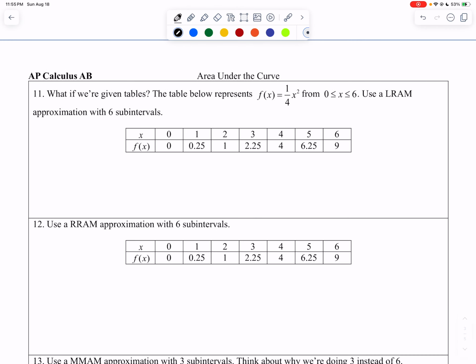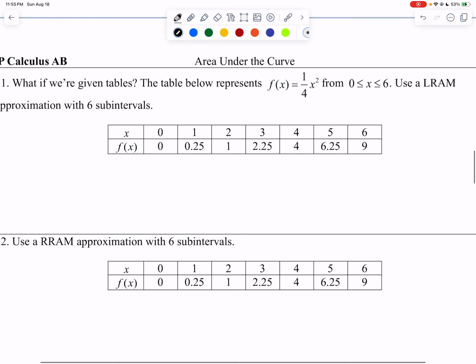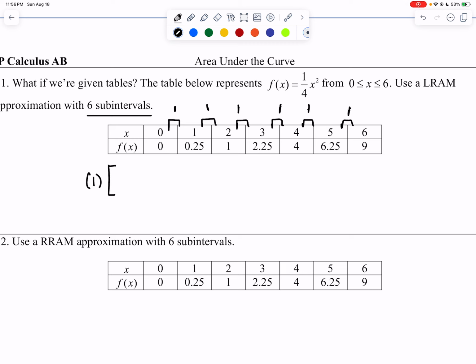Now, for number 11, we want to use a left Riemann sum. And using a left Riemann sum, we are going to look at my x value from the left. So I'm starting from my x value from the left. And I want 6 subintervals. So I have one subinterval here, here, here, here, here, and here. And notice how each of my subinterval is 1. So lucky for us, what we could do is just factor out a 1 from everything